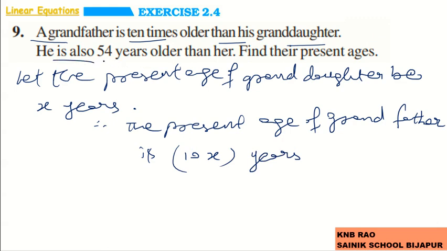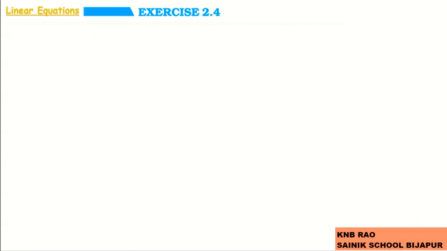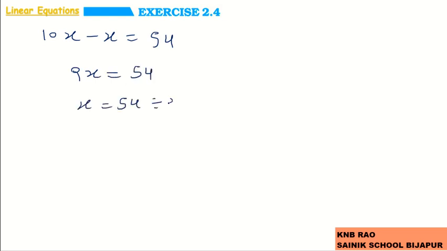He is also 54 years older than her. That means to this 10x, if I add 54, I will get her age. He is 54 years older than her means 54 years more than her. Now 10x equals x plus 54. You know how to solve this. It is easy. Here 10x minus x equals 54, 9x equals 54. x equals 54 divided by 9, and x equals